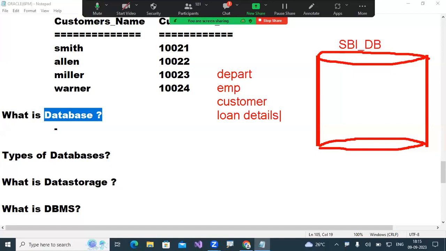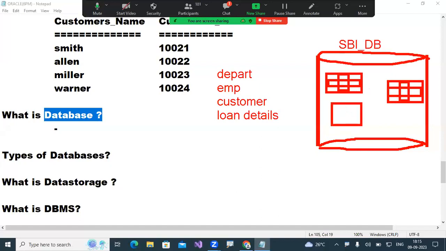Four tables. I'm creating one table for department details, one table for employees, one table for storing customers information, and one table for customer branch loan details.